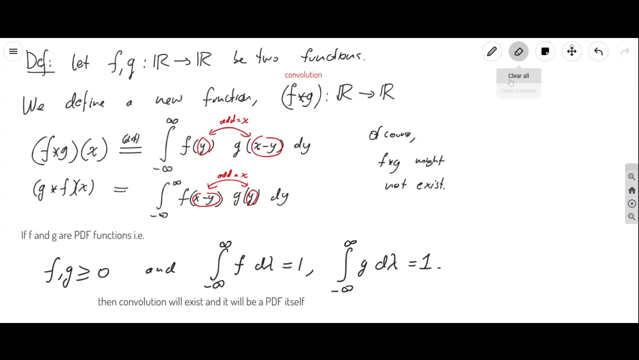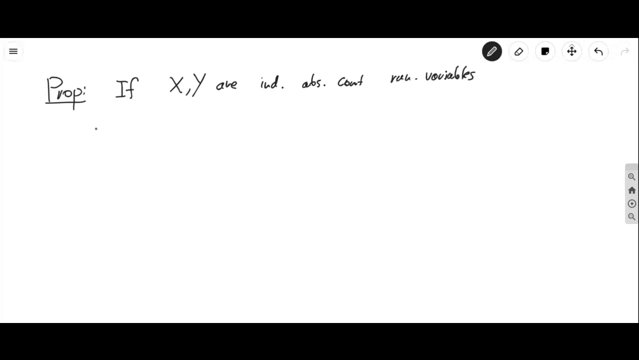Okay, so how do you find the probability density function of the sum? So here's a proposition. If x and y are independent, absolutely continuous random variables, then x plus y